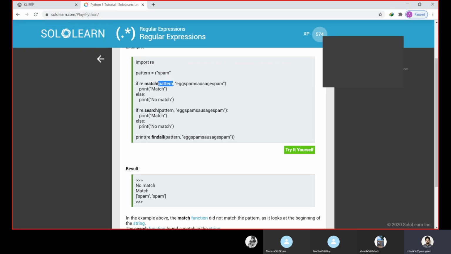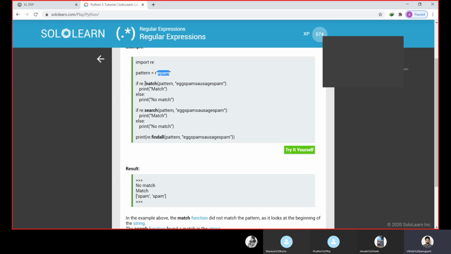Then re.search will search anywhere in the string, with the same pattern spam and the same input string, and it prints match or no match. Then print re.findall(pattern, egg spam sausage spam). There is no if condition here because we are printing findall. Wherever this expression is present in the string, all those substrings will be printed in the output.